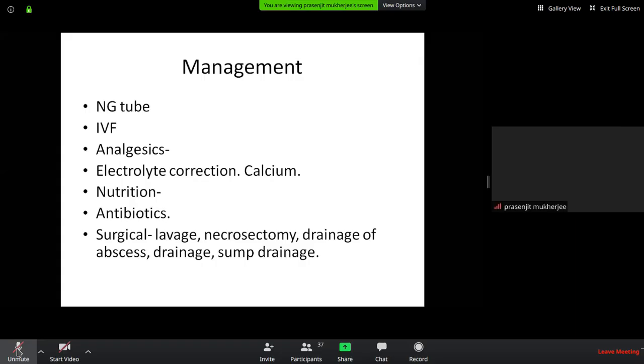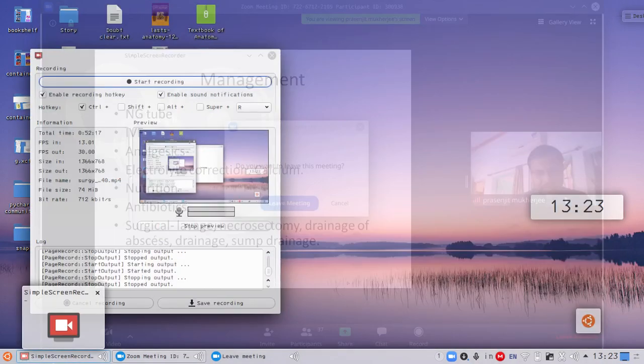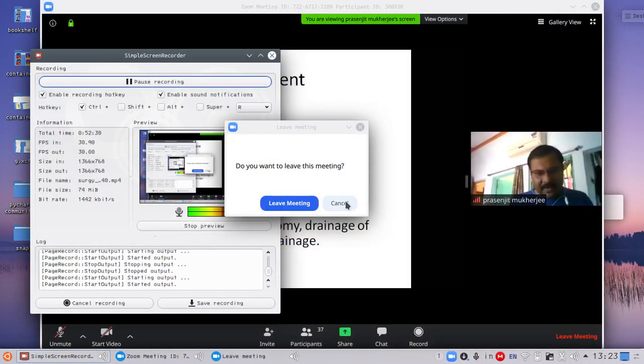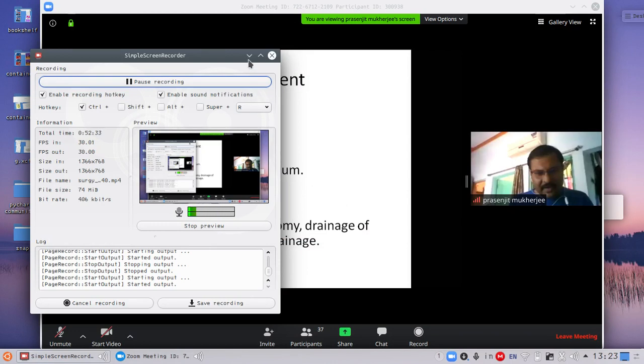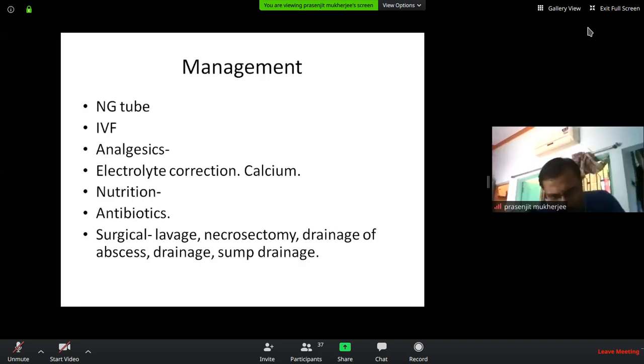Okay, in surgical management, I mentioned lavage. Necrosectomy is important when pancreatic necrosis is persisting and, in spite of antibiotics, it is not responding; that pancreatic necrotic tissue is to be removed surgically. Remember, when we remove that part of the pancreas, it is not that there will be no further pancreatic necrosis. So we keep some drainage in that region, and this may be repeatedly washed, and with guidance of laparoscopy, with guidance of some scope, we may take out necrotic tissue in the future.